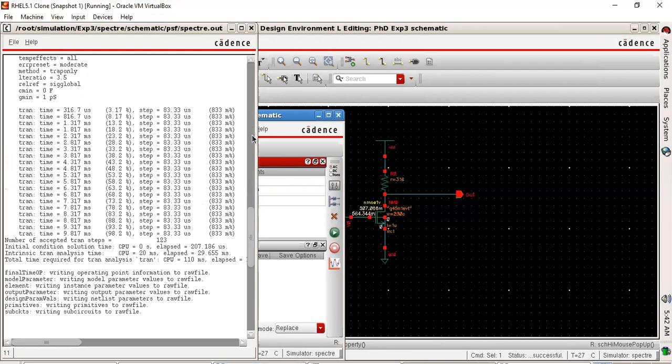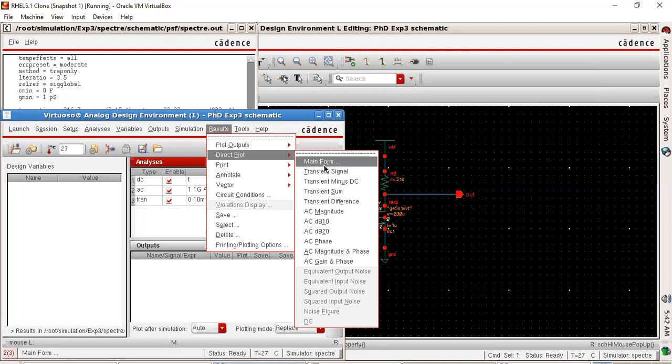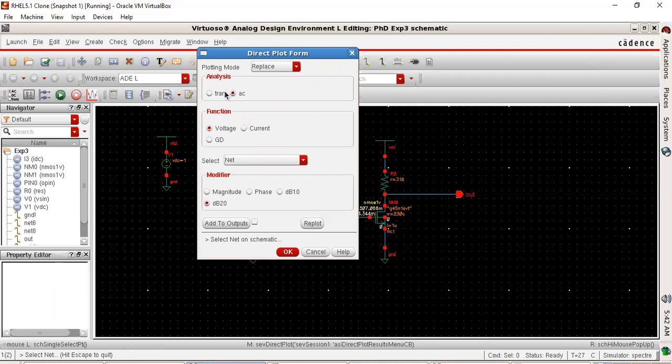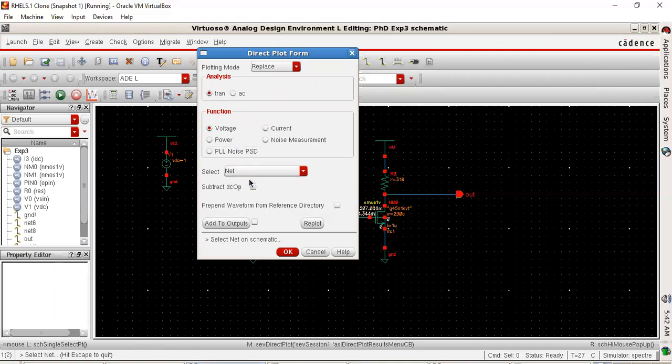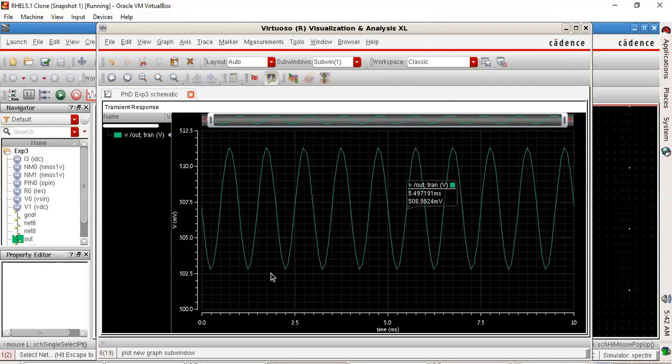So direct plot, main form. We have transient analysis, voltage, net. Just like we did in the schematic. That will give you the output waveform window.